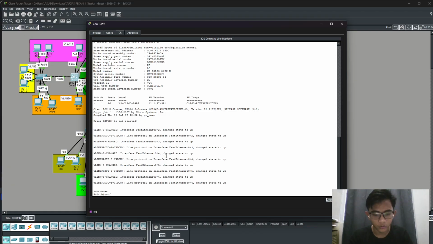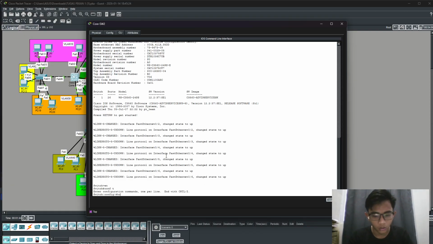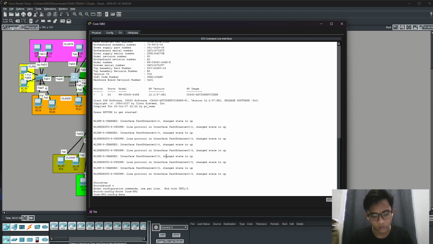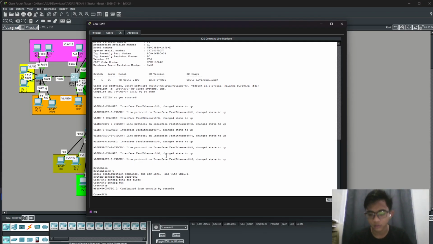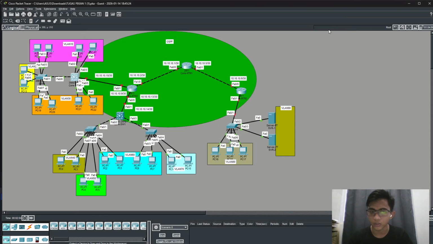Next, enable, configuration terminal. The hostname here is CORE-SW2, and enable secret is Cisco. Exit. Okay, connect to the other device.